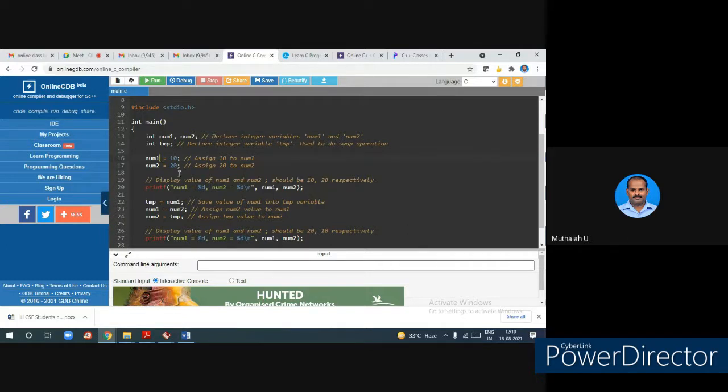So now these two values I assigned. This is an assignment statement. Number 1, listen to me carefully, number 1, 10 I assigned. Number 2, 20 I assigned. And in the printf statement, you see, I'm just printing these values. So here is the percentage d. See, this is a control string. The percentage d, and here also percentage d is given. Why this percentage d here?